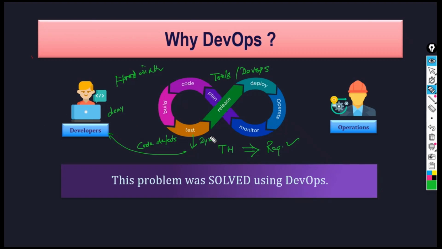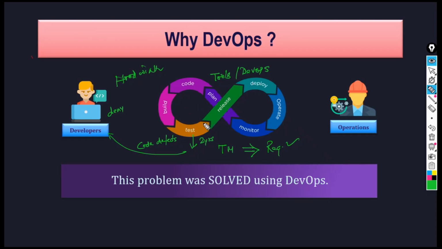So there is a back and forth. The project manager will be involved, the development manager will be involved. There will be lots of meetings between the development manager, operations manager, test manager, and project manager. And finally, they are forced to do it. There is no way. But in the meantime, you have lost a lot of time.